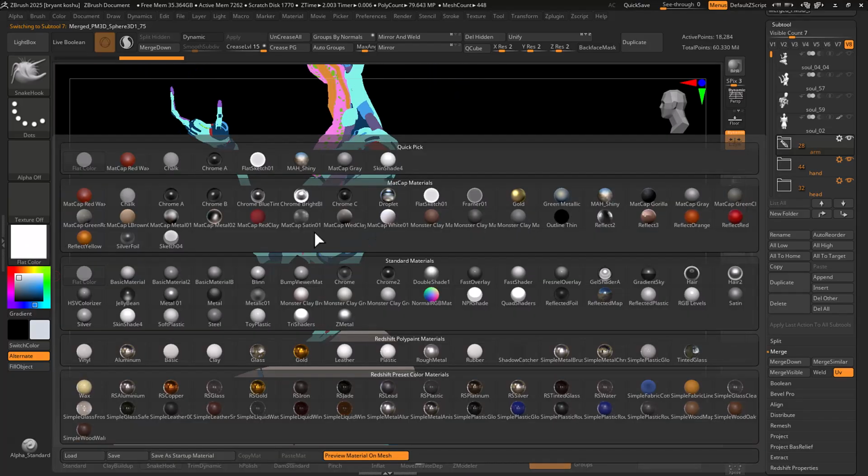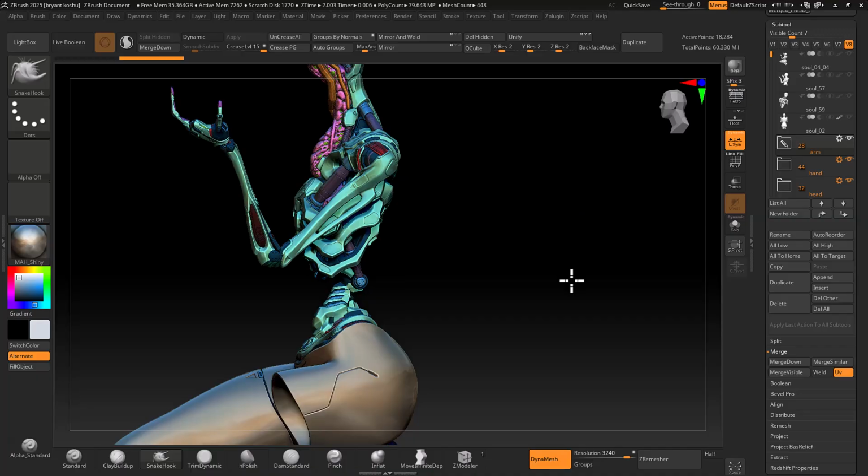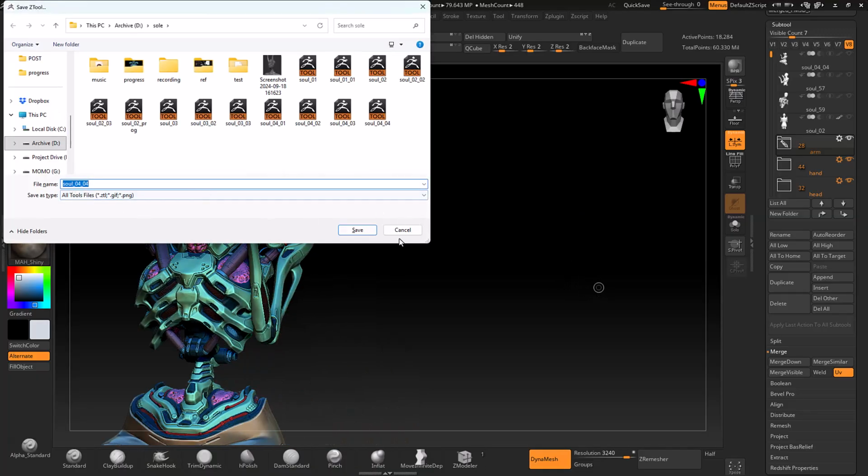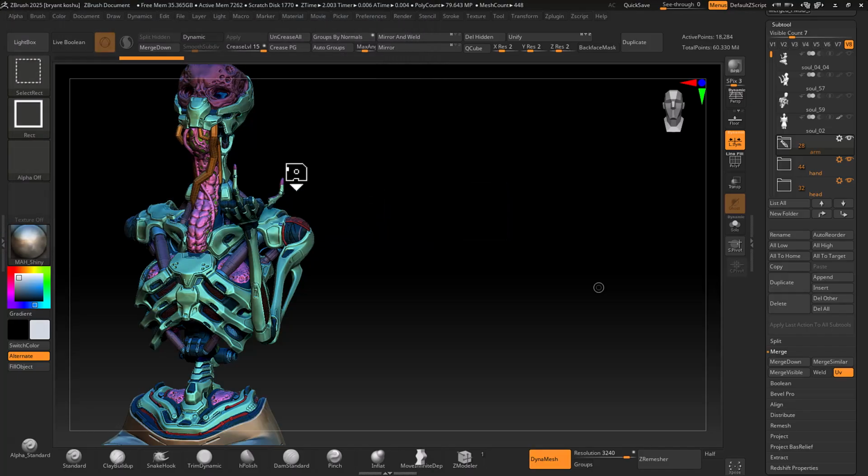Okay, so what I'm gonna be doing now, first I'm gonna save this. This is gonna be the original guy, so I have it saved as Sol 0404. All right, and what I'm gonna do now is save another version that is basically gonna flatten all the dynamic